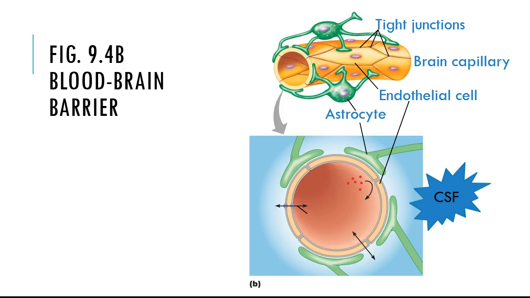Linking back to what we studied in chapter 4, though, not everything is going to be able to be forced from the plasma to the cerebral fluid, because we've got to look at the size of the molecules, the shape, and the solubility. So we've got to look at the solubility of a particle, if it's going to be able to diffuse across the membrane into the cerebral fluid.